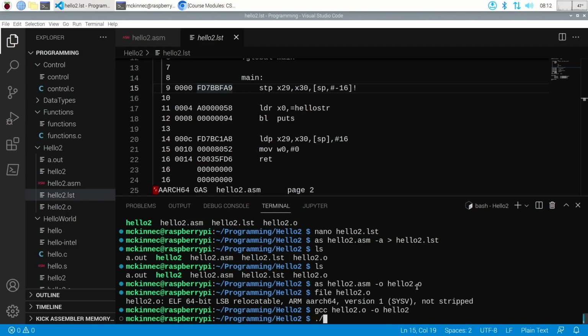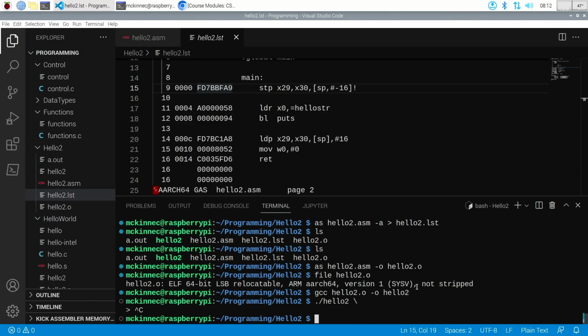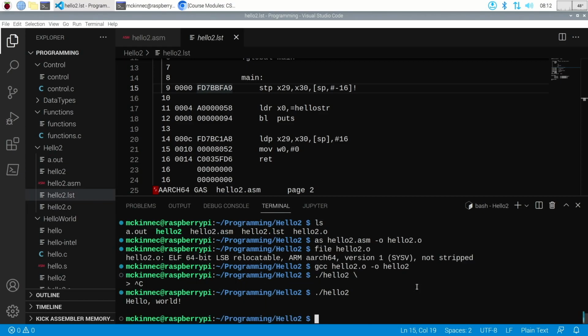And then I can execute it. Oops, I did not mean to put the backslash there. And it'll execute like normal. Okay, so we don't have to use GCC for this last step. There is another program called LD for linker, and actually GCC is calling that as it does its thing. But I think it's easiest to just go ahead and still use GCC because